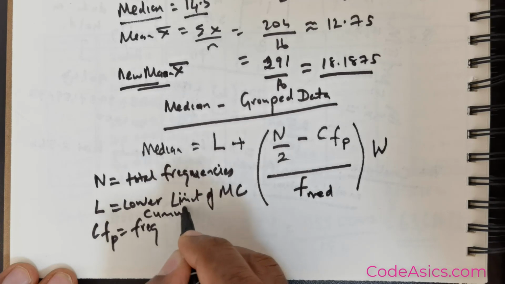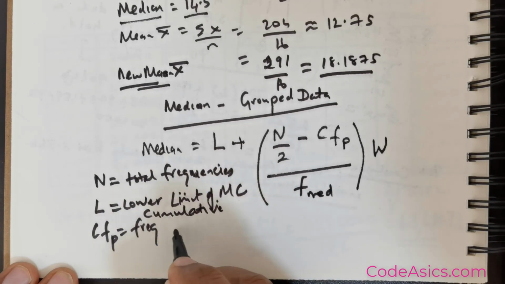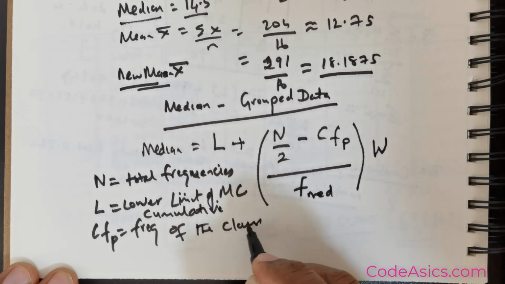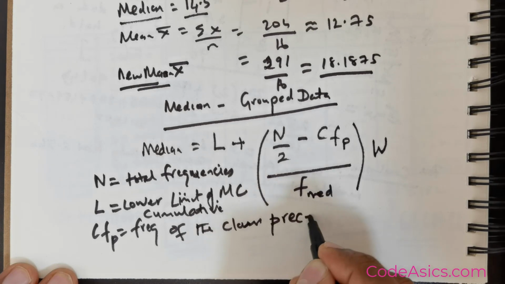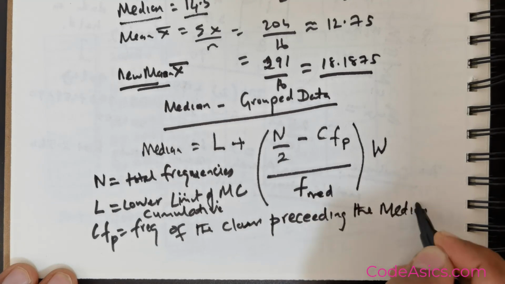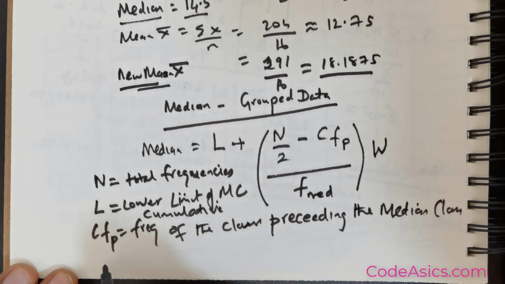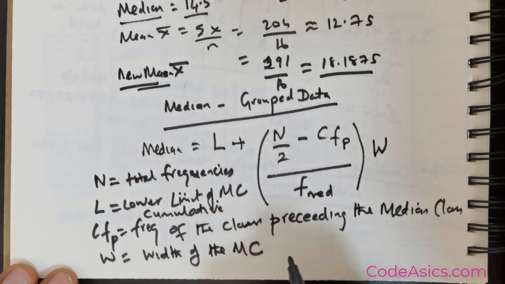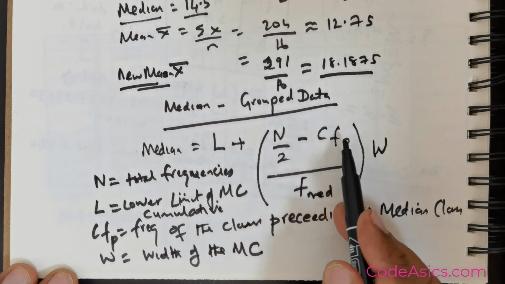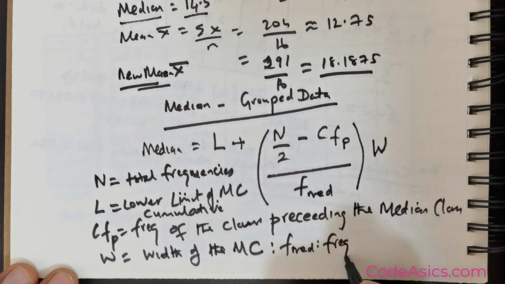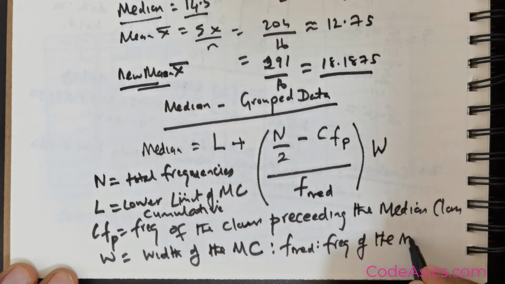CFP is the cumulative frequency of the class preceding the median class, and W is the width of the median class, and F MED is the frequency of the median class. Now this is quite a sum,